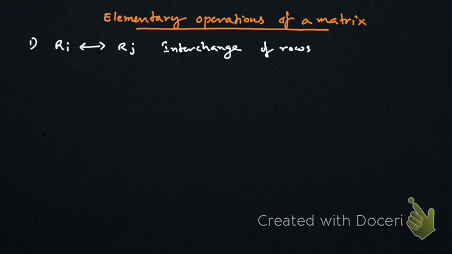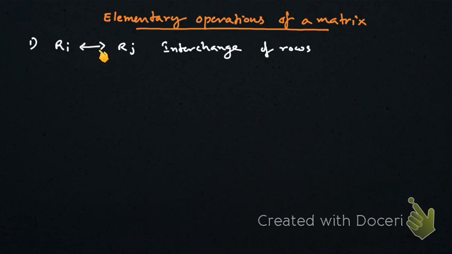So I'm going to write row operations as well as column operations side by side, but you need to remember that when you actually apply the operations, you need to stick to one of them. If you start with elementary row operations, you need to continue applying the row operations throughout. So the first rule here is